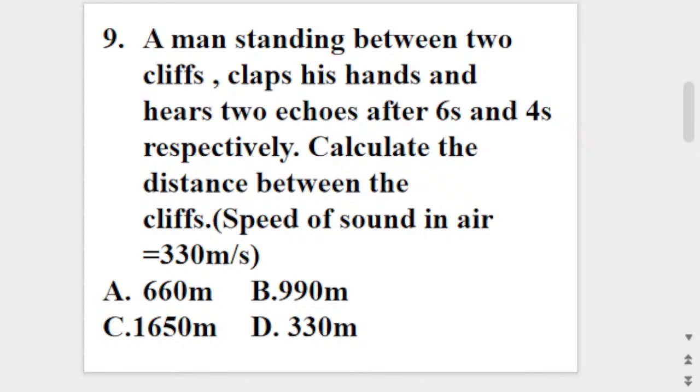So let's calculate the distance from the man to the first cliff. Since this one is x, we are going to change this formula from v is equal to 2d over t to v is equal to 2x all over t. I hope you know what I'm doing here. So here we are going to make x the subject of the formula. By doing that, we have 2x is equal to v times t, that's vt. And to make x the subject, we divide both sides by 2. So x now would be v, that's the speed of sound in air,